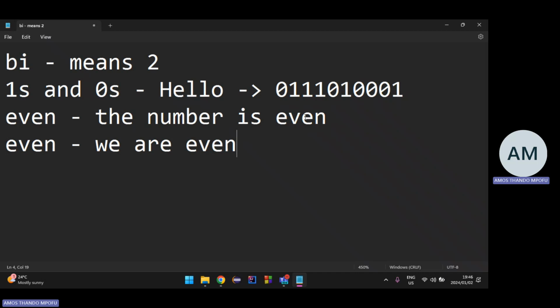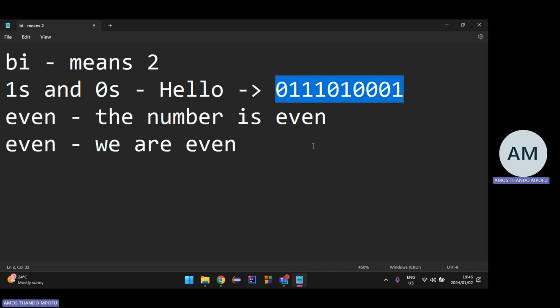So how would you tell the computer to know the difference between this even and this even? It becomes cumbersome, very messy, and untidy, because the computer speaks in only ones and zeros. There's no room for intuition or spirituality, or for inferring based on what you said.